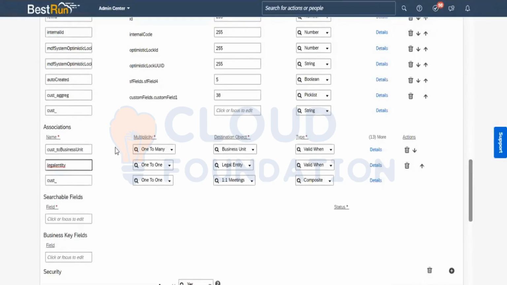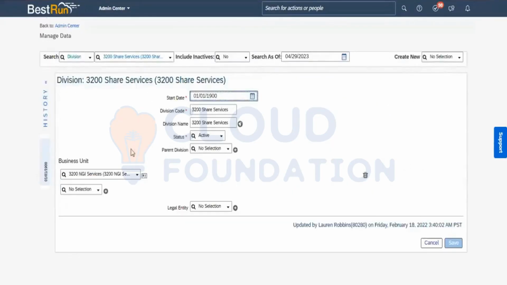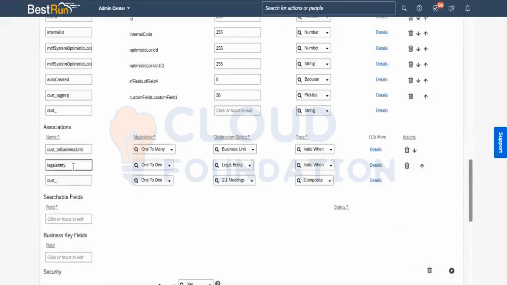What is the way they want to associate? That is one-to-one or one-to-many. What is one-to-one and one-to-many if they are associating? When you go here, you can see division and legal entity. It is a one-to-one. When I go here, one-to-one,